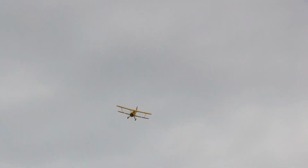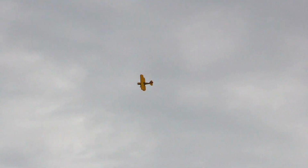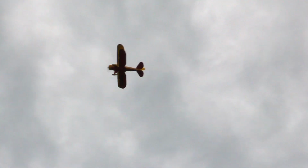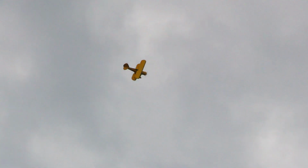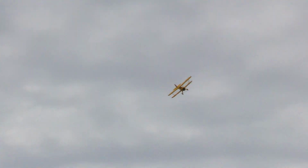Can you see those headlights on the lower wing? Look at that. They're not exactly incredibly bright. You know, actually, that's a thing, I guess. If you really wanted to, you could pretty easily replace the lights with bright ones. It didn't even occur to me to test them. I was kind of happy that they made any kind of light in the first place, because